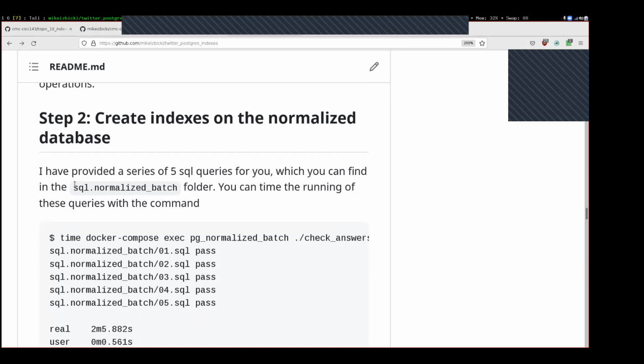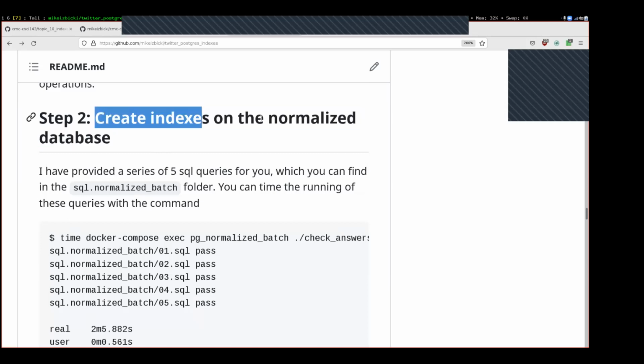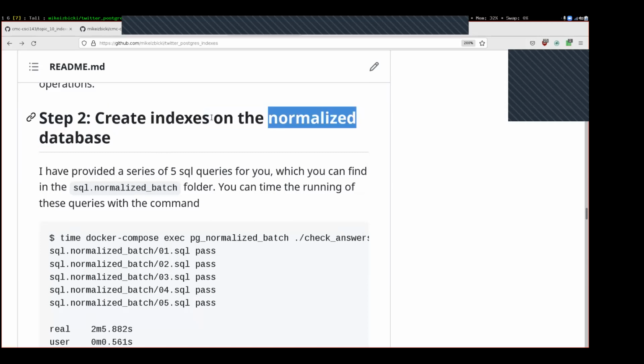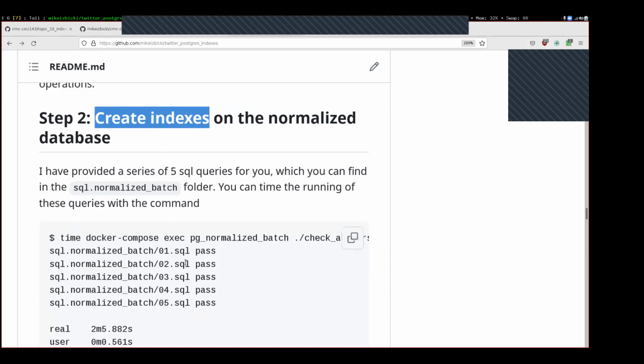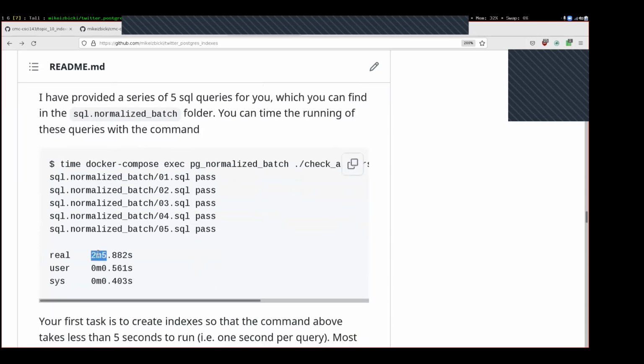Okay, then the actual assignment here, step 2, creating the indexes. For the normalized database, all you have to do is create indexes so that the queries are fast. I already have the 5 SQL queries provided for you: 1, 2, 3, 4, and 5. If you have no indexes on these queries, then the runtime takes about 2 minutes to do everything. They all just reduce to a sequential scan on the table,